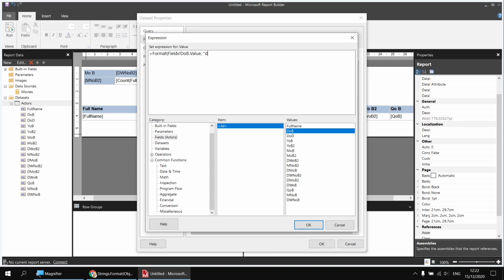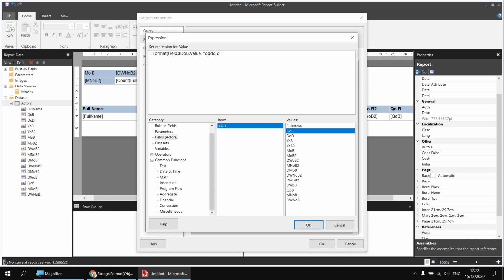If I typed in the letter D, it would return the number 1 as a piece of text, I should say, not the literal number. It's returned as a string value always. If I typed in 2 D's, it would return 01. If it was a Monday and I typed in 3 D's, it would return Mon, and 4 D's would give me Monday. I can then type in a space, so I'm going to go with Monday, followed by a single D,